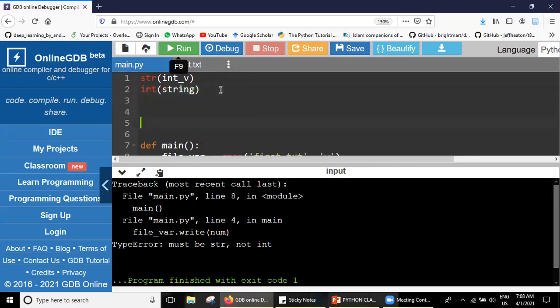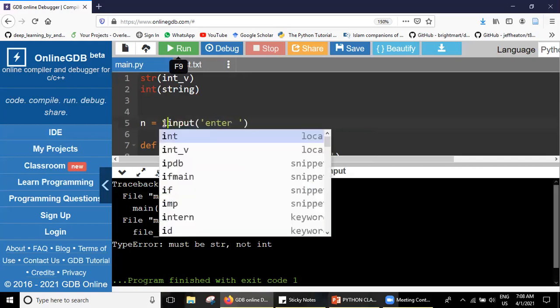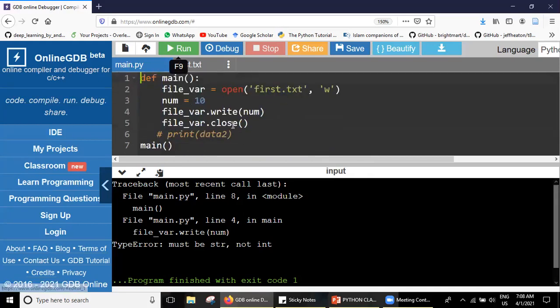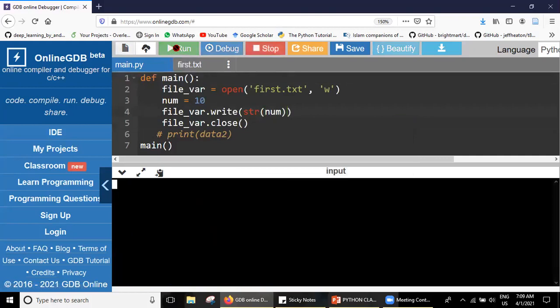Okay, do you remember how we took the input from the user? n equals input. We enter something, but it doesn't accept any integer from you. For accepting integers, we used to typecast everything using the typecasting operators. Here we are converting string to an integer. Now we have to convert an integer to a string. What do I have to do? Convert that integer into a string and I write str. And I see if it stores now.